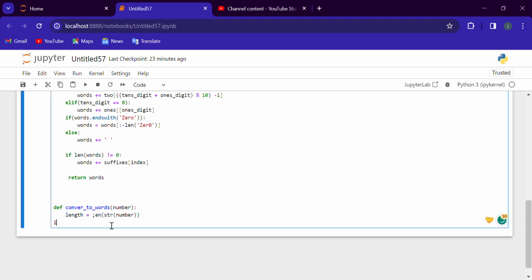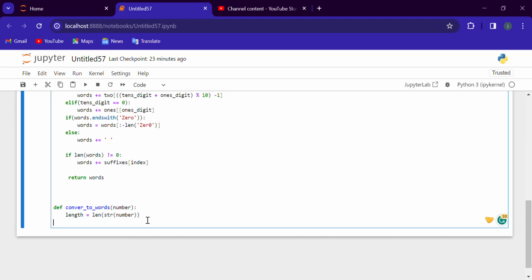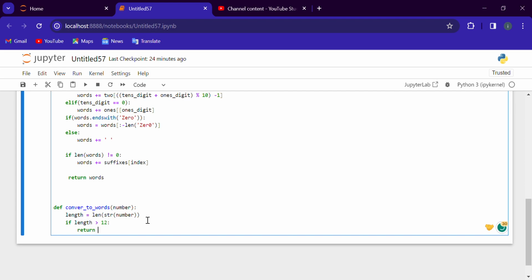Is there any mistake? Probably no. If length is greater than 12, I already said that I'm writing this code to support numbers with a maximum of 12 digits. It's up to you how many digits you want to support. Return this program supports a maximum of 12 digit